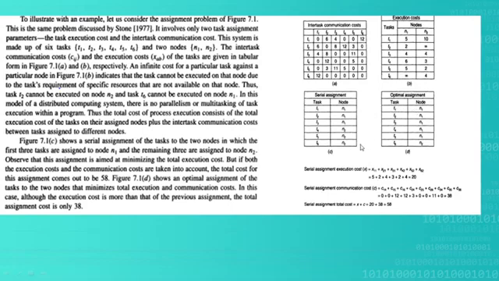Up to here, and now we will calculate the total cost. Total cost will be calculated as the execution cost plus the communication cost, that is X plus C. X is the execution cost, C is the communication cost. For the execution cost, we know from this table that T1 is assigned to N1. So what is the cost? 5.